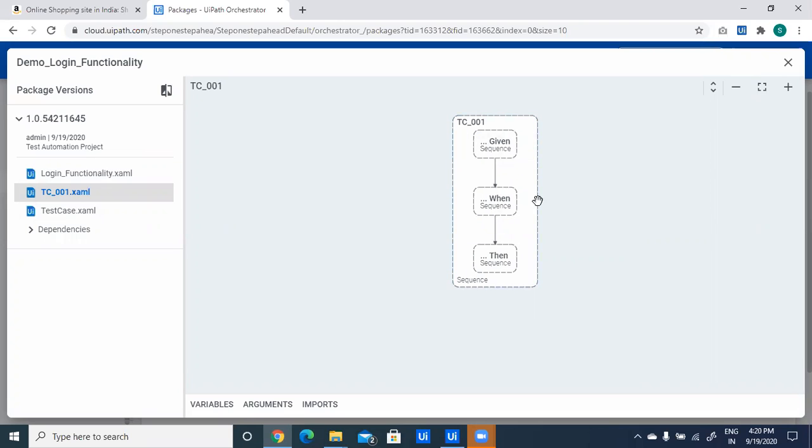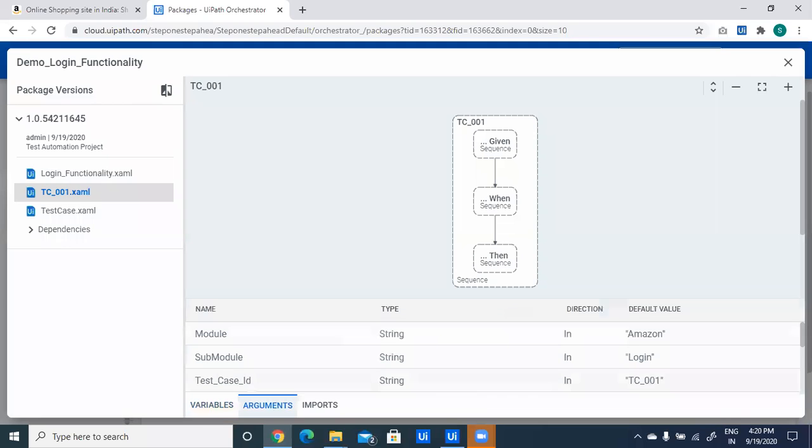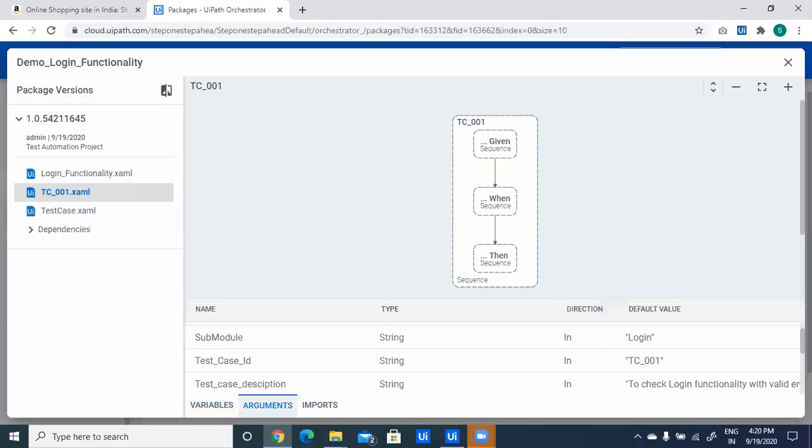So in explore package, we can also view the test case structure, how we have implemented in UiPath Studio Pro. And down we can see variables. We have one variable, that is expected result, and arguments, we have these many arguments which are imported by the Excel sheet, and imports. Just close it.